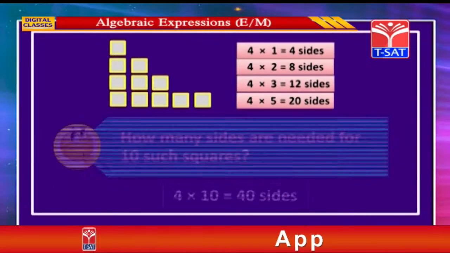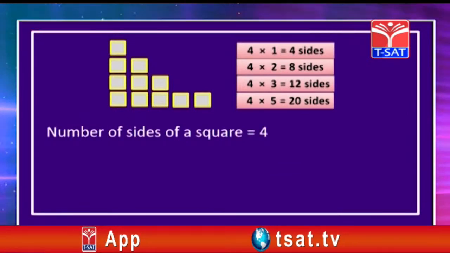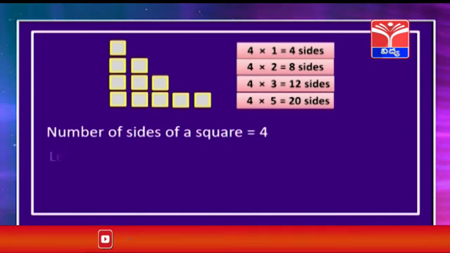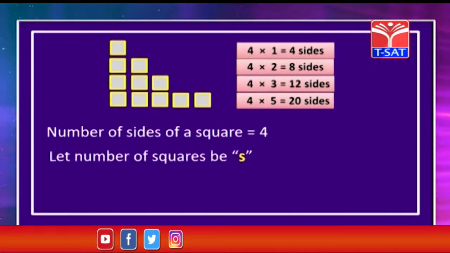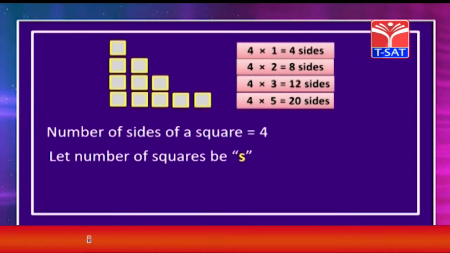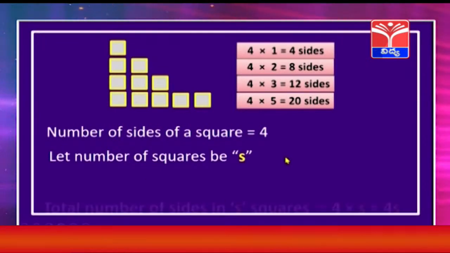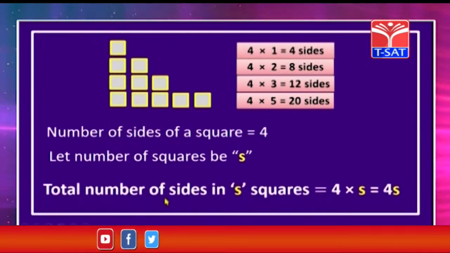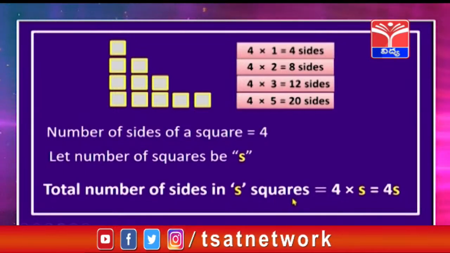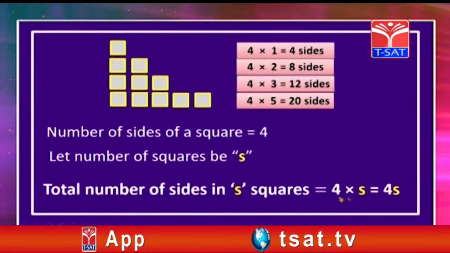So let us generalize this, children. We know that the number of sides of a square is 4. Now let us assume the number of squares be s. So it may be 5 squares or 10 squares or 20 squares or maybe 100 squares also. I don't know. So that's why I am assuming it to be some s, which is again a number itself. Now what will be the total number of sides in these s squares, children? Yes, it is 4 into s. That is number of sides of a square 4 into the number of squares s, and 4 into s we